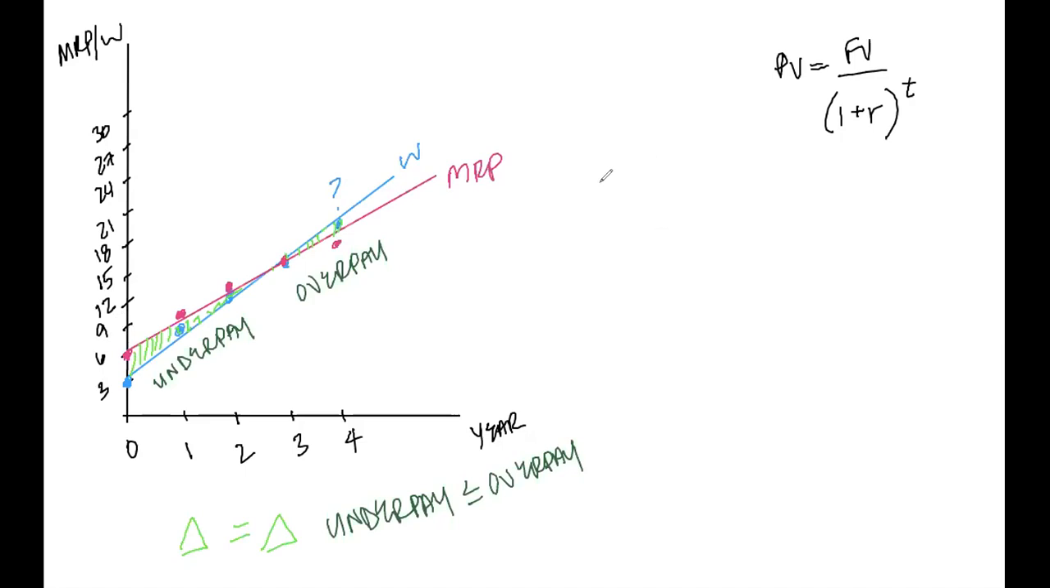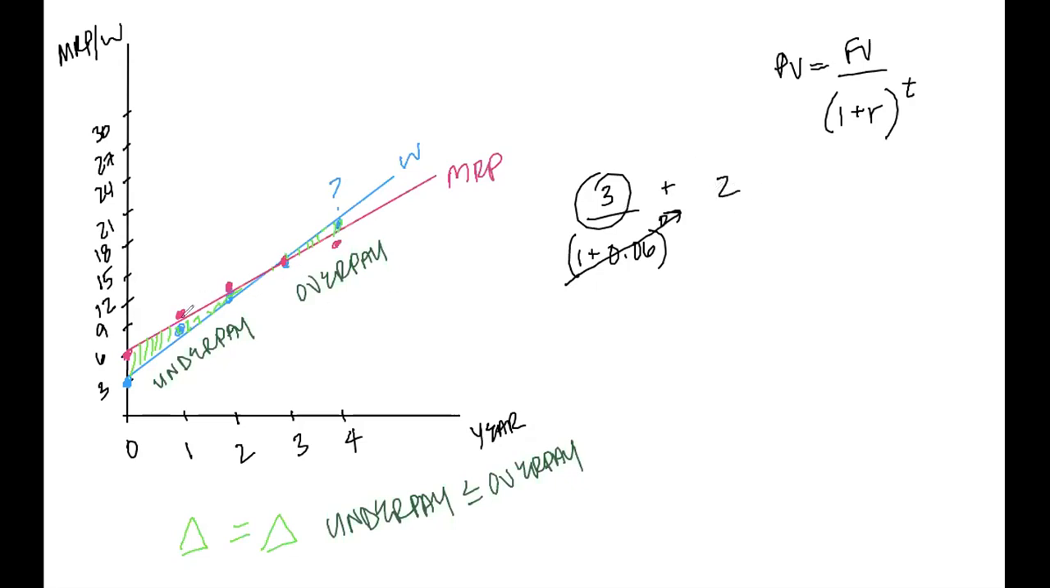So period 0 would be 3, because it's 6 minus 3 over 1 plus 0.06, because that's the discount rate they gave us, or the real interest rate, excuse me. The real interest rate is 6%, so that's what we put in our r value, raised to the 0 power. But anything raised to the 0 power goes to 1, so this just remains at 3. We can tack that onto